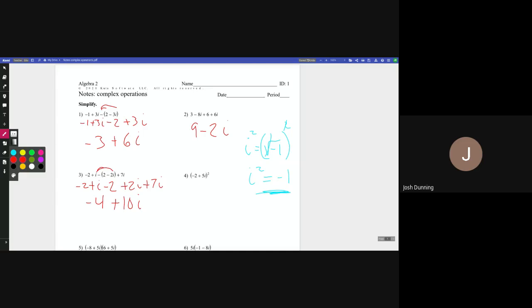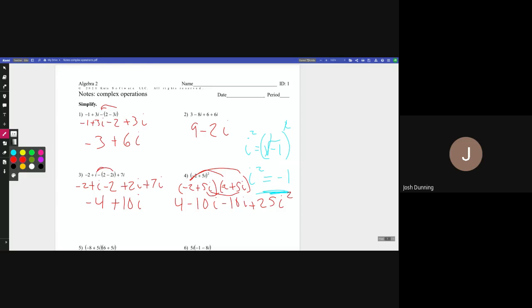Well, before I even get that far, don't forget, if it's a binomial like that, you can't just square each of them. You got to write it out twice. And that is supposed to be a negative there. You got to do the double distribution. So negative 2 times negative 2 is 4. Minus 10i minus another 10i. So, I mean, this really isn't that hard so far. Then 5 times 5, 25